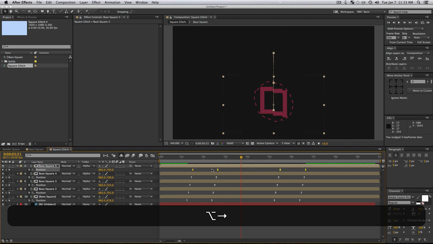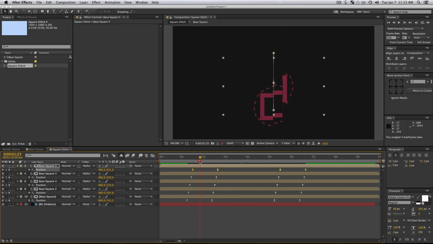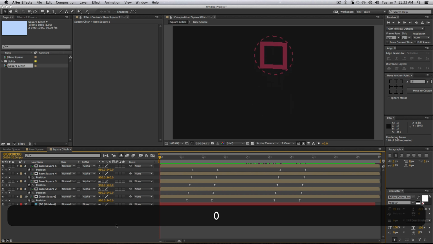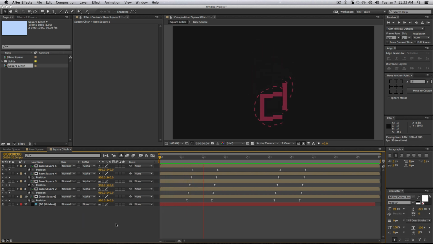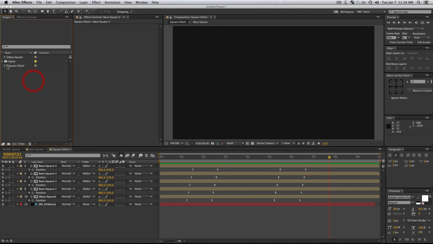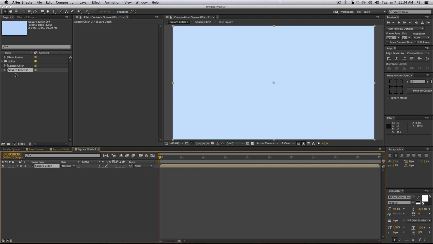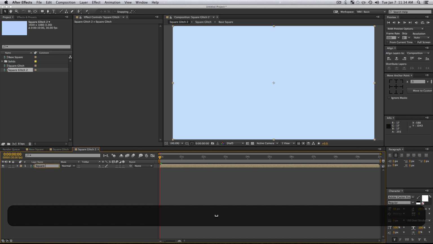And so now, since we have the alpha channels hidden right now, all these layers are going to look like they're moving at different times, as you can see. So that's pretty cool. And that is kind of the basic idea for a glitch. You just make it look like it's all moving at different times. So I think that looks nice. And now what we're going to do is grab our square glitch, and we're going to put this inside of another composition, and we're going to call this square triple.